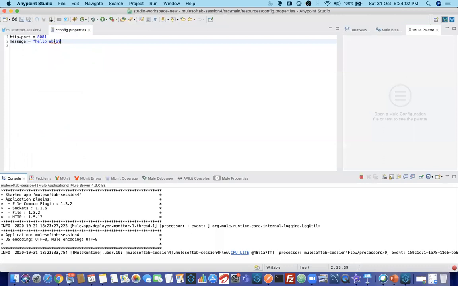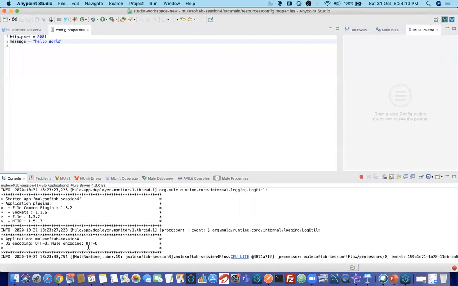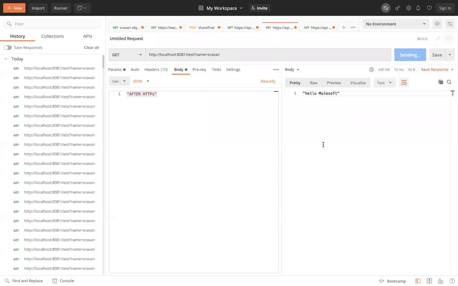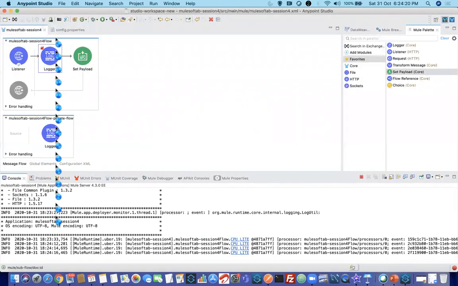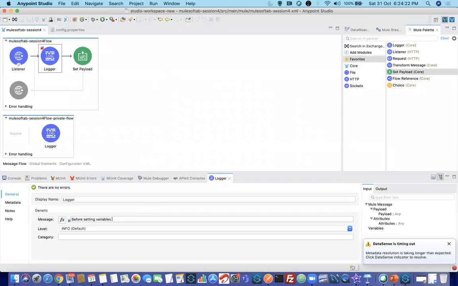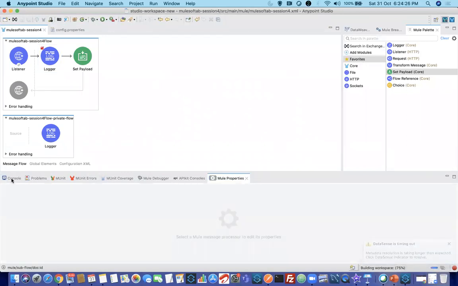But config.properties, if I say hello world now and save it, when you save a property file, it will not start deploying automatically. When you hit it, it still says hello MuleSoft only, not hello world. But when you restart your application or make some changes here and save it, your application will be redeployed.